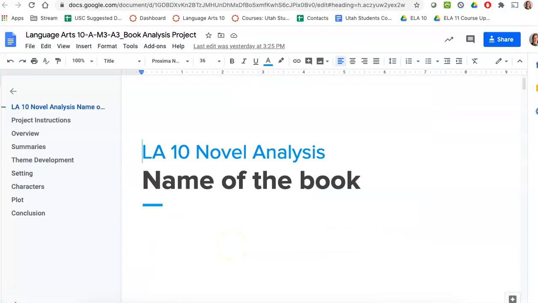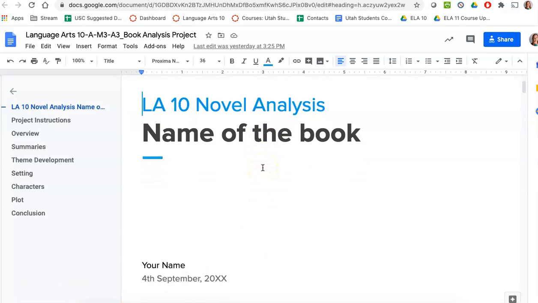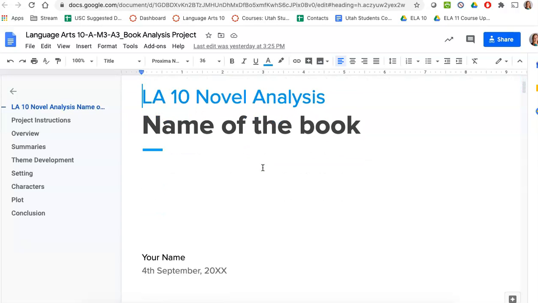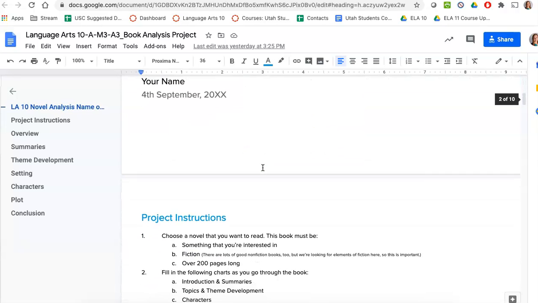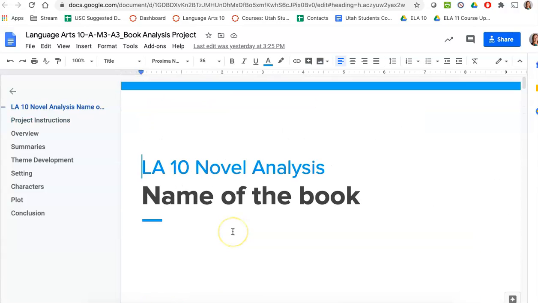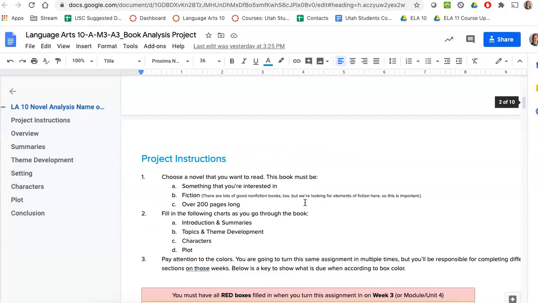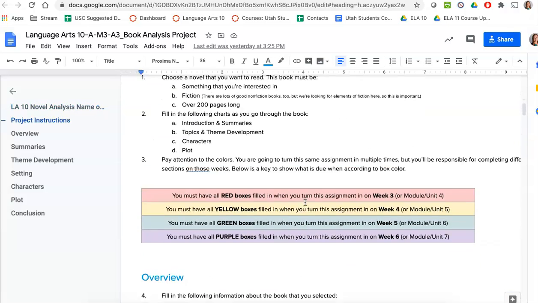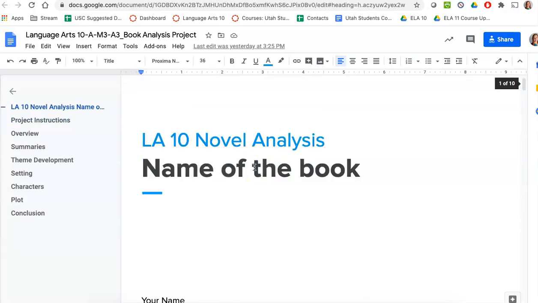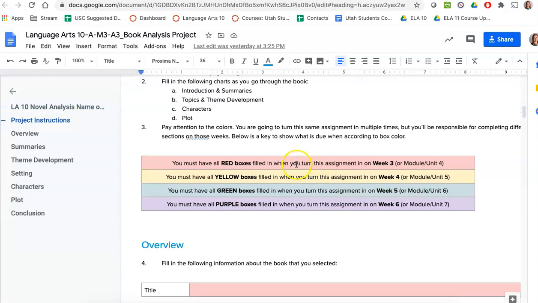Next piece of advice that is pretty unique to online courses is to have students fill in and then resubmit the same assignment over the course of the course, and then color code the sections that they need to fill out for that week. For example, this is a novel analysis project that students will be completing throughout the course of about a month. So what I did is I have students make a copy of this project,